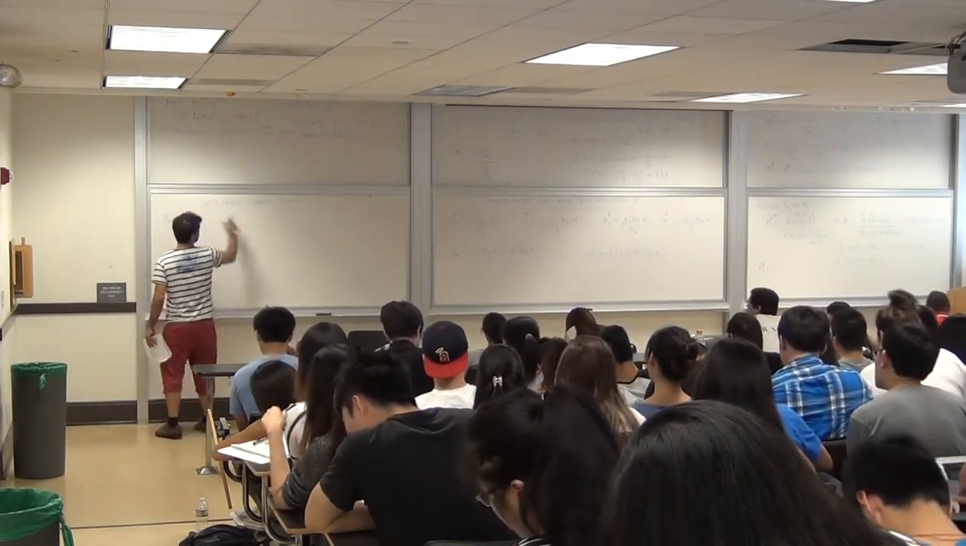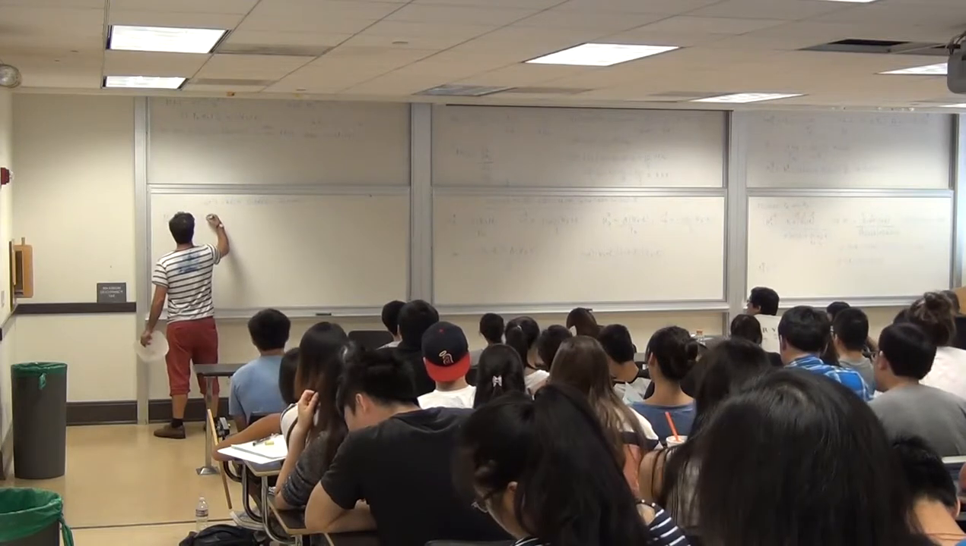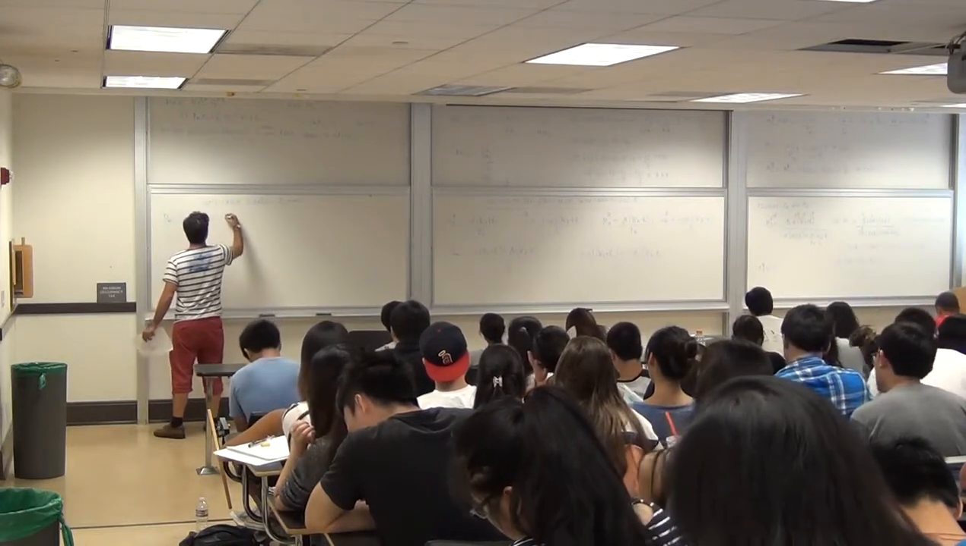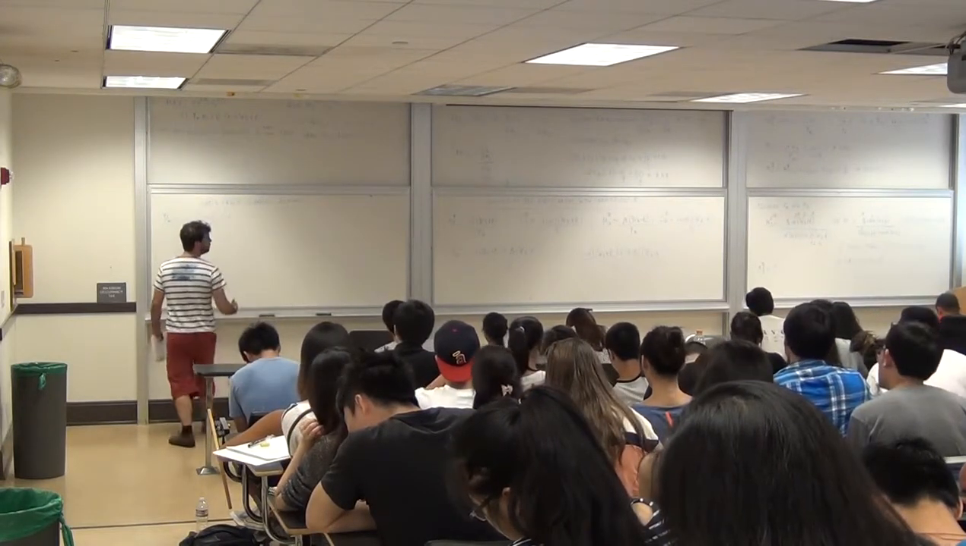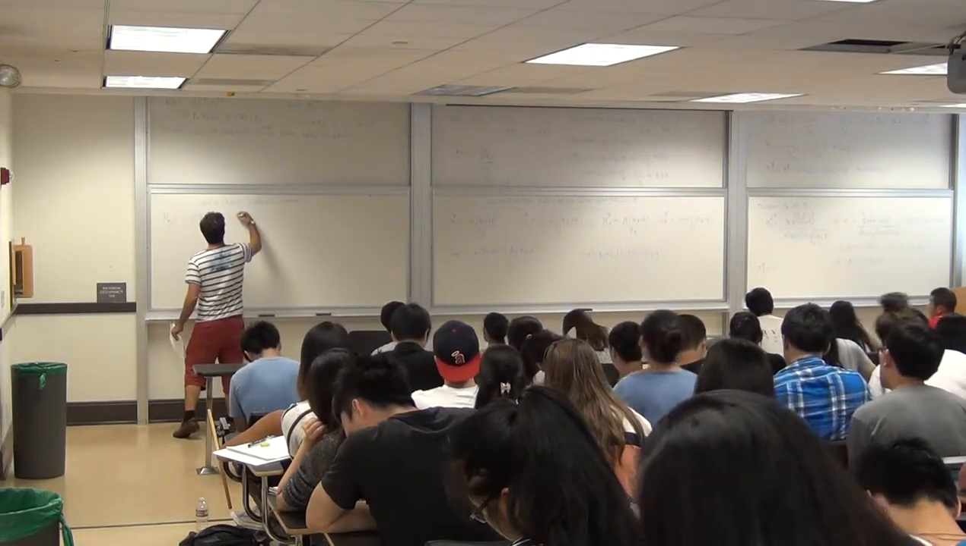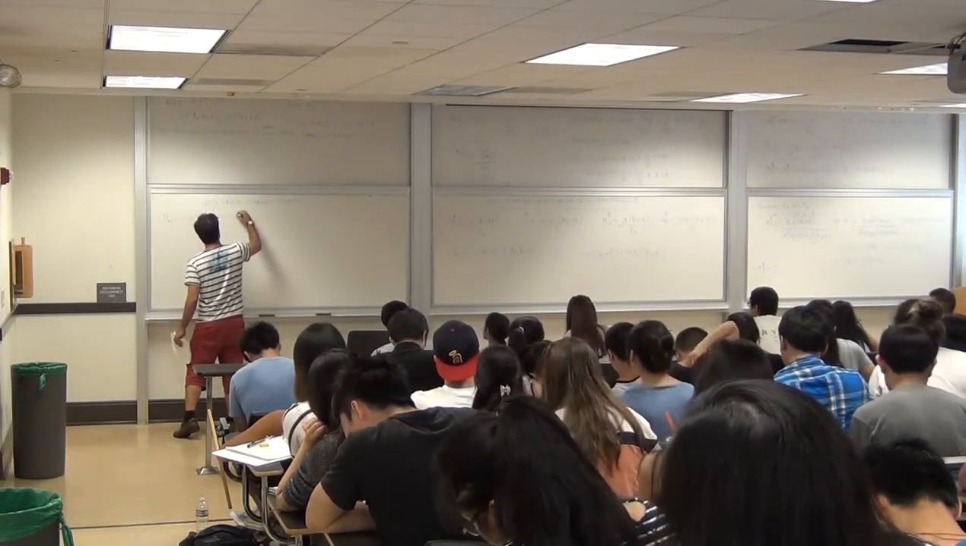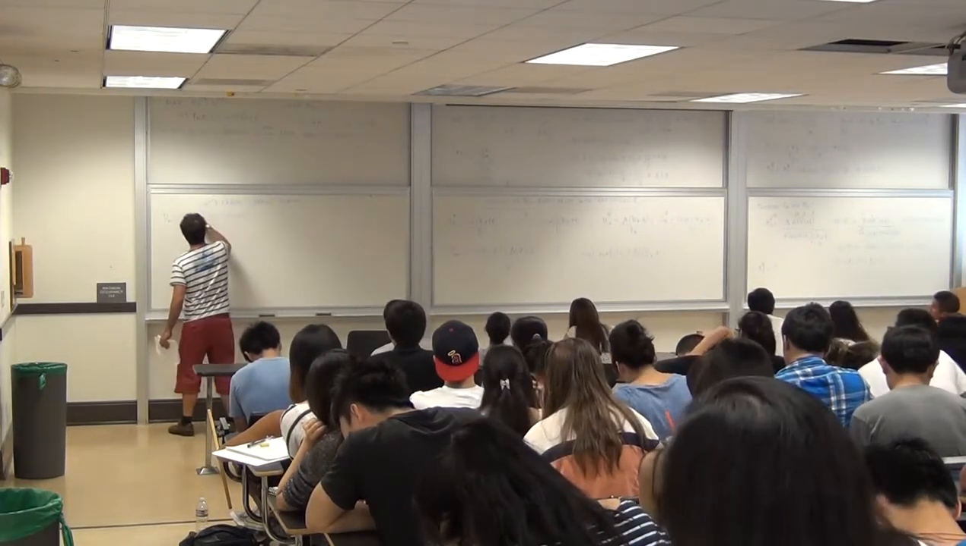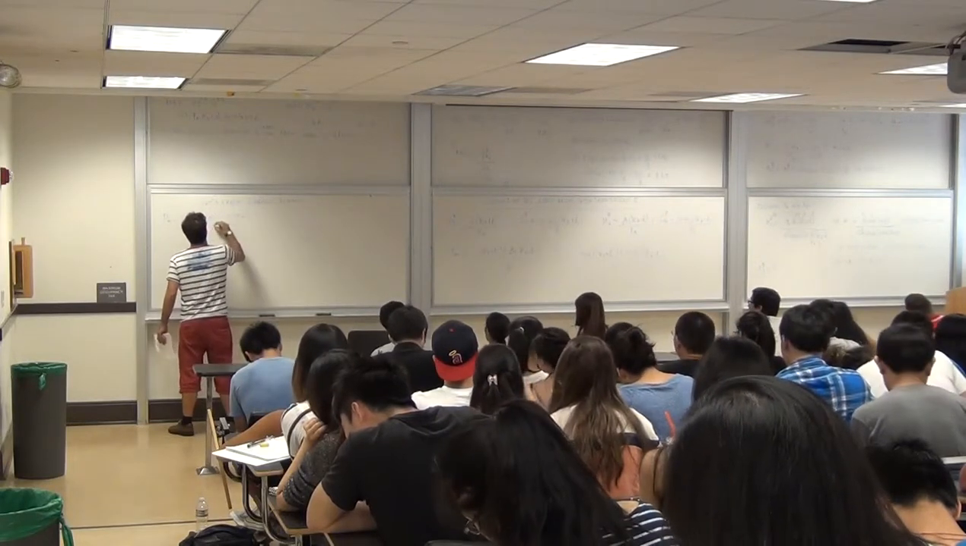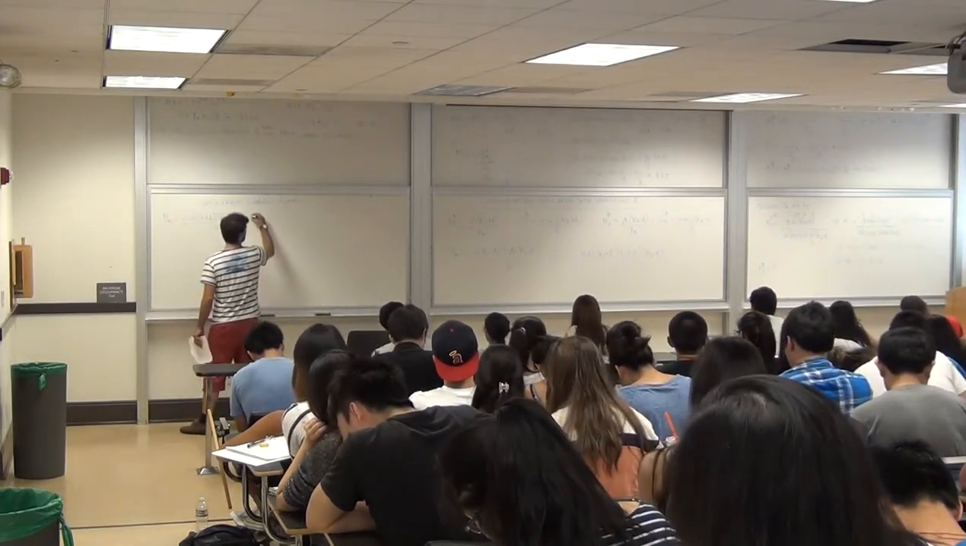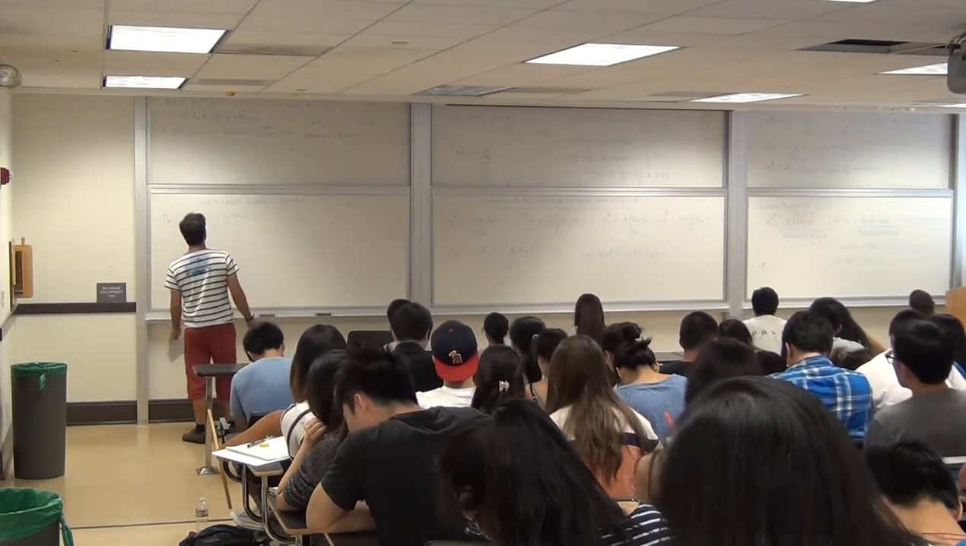0.6 times 2 plus 1 plus 0.2 times 10 minus 1, divided by 8. Right? This is equal to